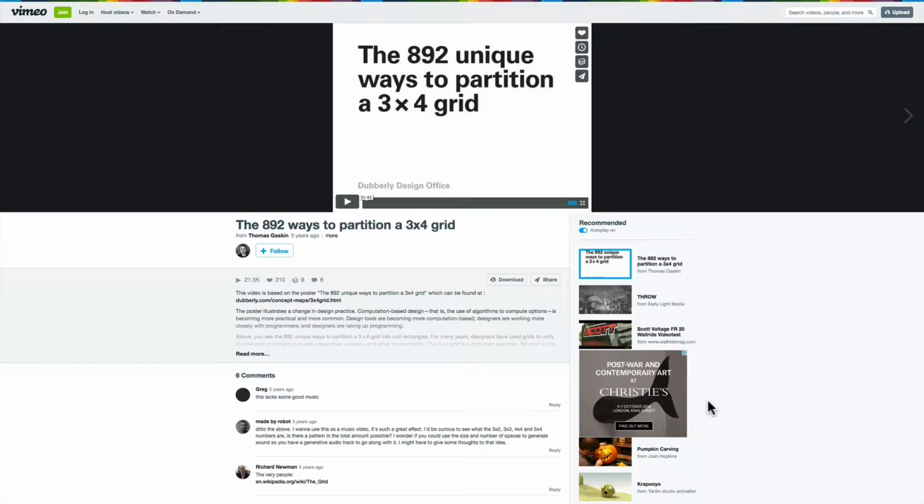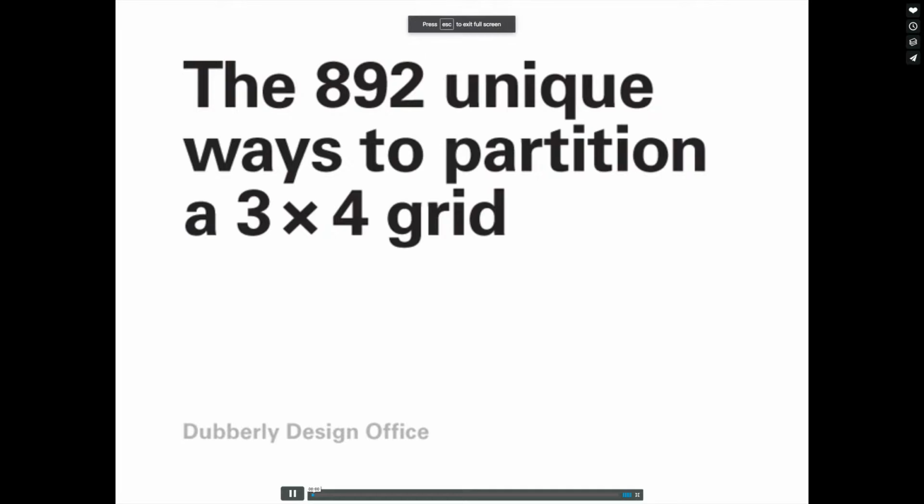different combinations. And this is quite an interesting video from Thomas Gaskin, and he's gone through and identified 892 different structures for a 3x4 grid system. So if you look at this, you will see different combinations can be had, going up to more complex work. So there's lots of options, and the only way really you can see the options is by experimenting with